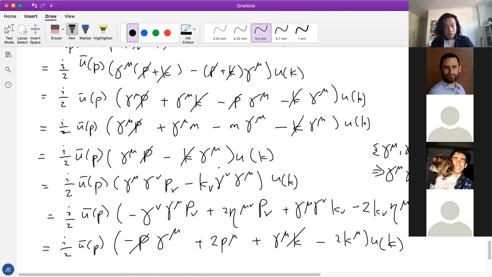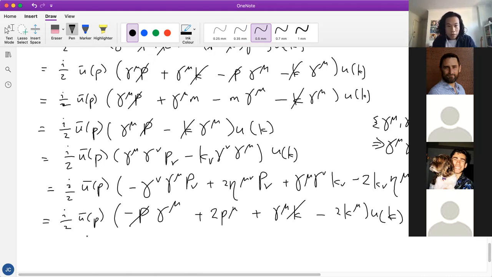And similarly for the second term, we now swap the order of this K slash and gamma mu. So this K slash can now communicate with this U of K, and they can then be simplified with Dirac's equation. So very similar to how we were canceling them out before. So now we get this is equal to i over 2